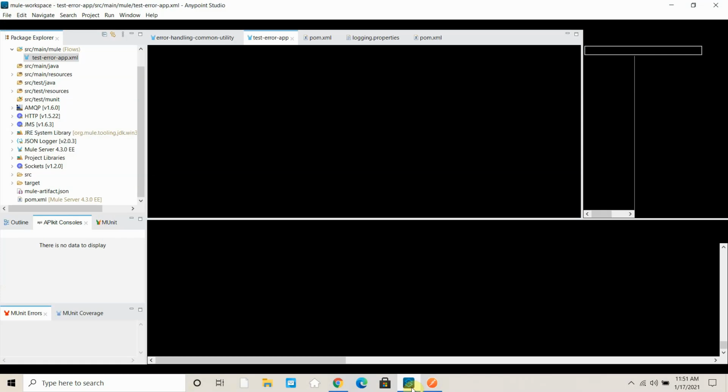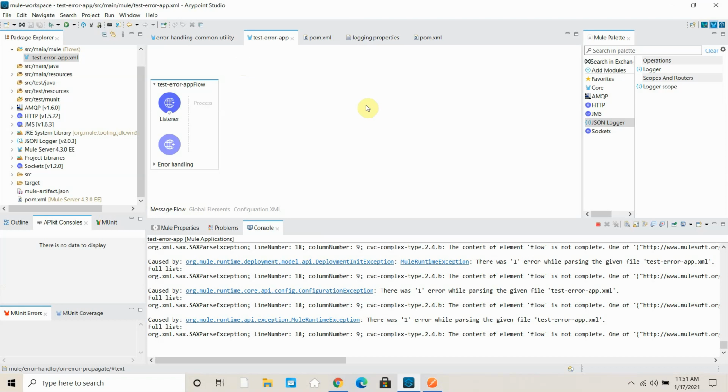Let me go to Anypoint Studio. The first thing I mentioned is that your JSON logger must be present in your organization's Anypoint Exchange. I have already shown in my last video how you can publish a JSON logger in your Anypoint Exchange. Generally logging is a very important component. A lot of people take logging for granted and consider it a second citizen. But when you move your application to production, logging becomes a very important part, because it makes it easy to troubleshoot any production issue. So you should make sure you do some logging to troubleshoot any production issue.